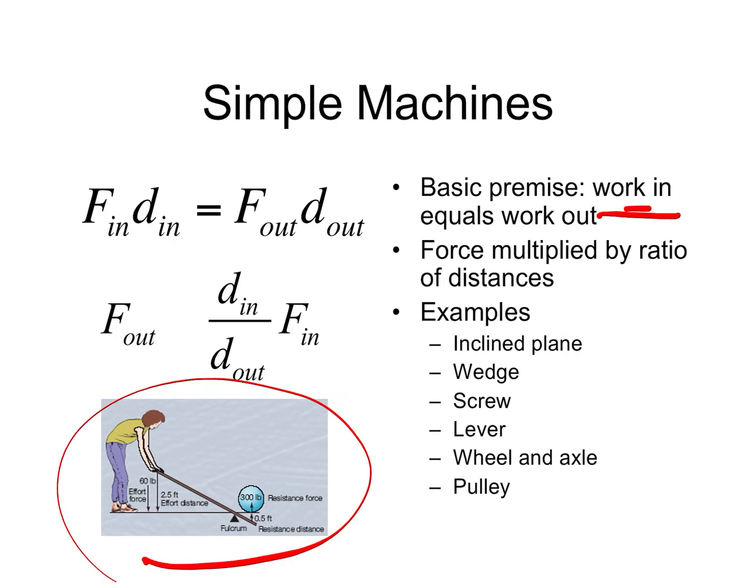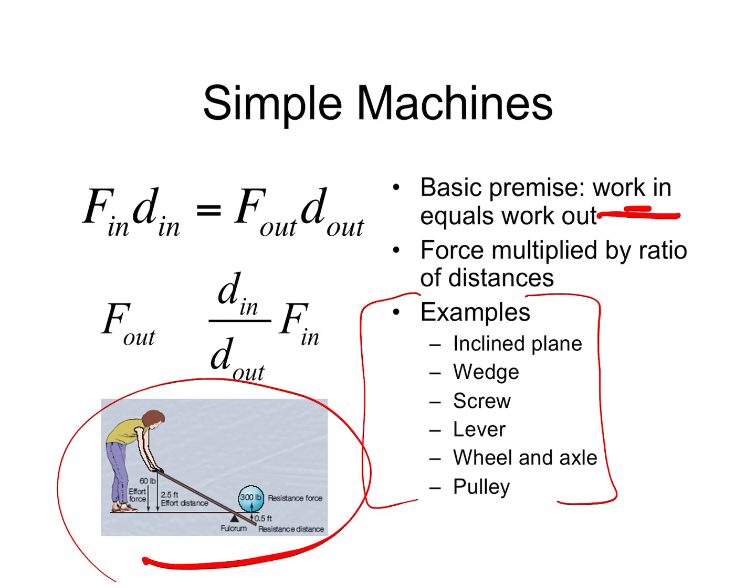And if you think about when you're on the teeter-totter playing, if you don't have the same mass on both sides, then it doesn't really work very well. But if you start moving one of the masses closer to the fulcrum or to that pivot point, then it does start to help. So I want you to kind of know some of these simple machines. An inclined plane, kind of like a ramp, a wedge, kind of like this fulcrum, a screw. It's kind of considered an inclined plane too.